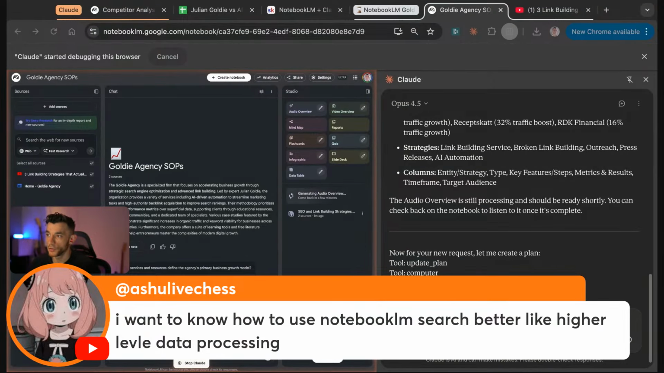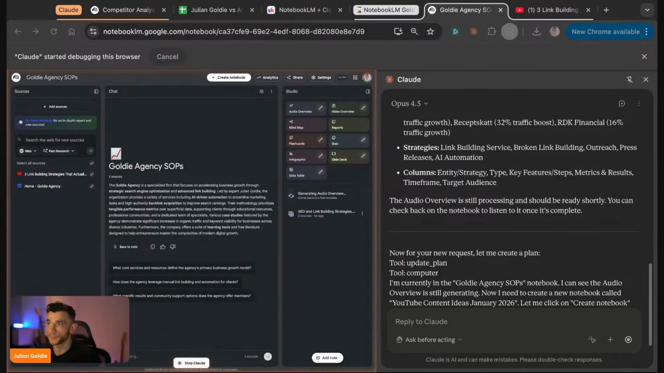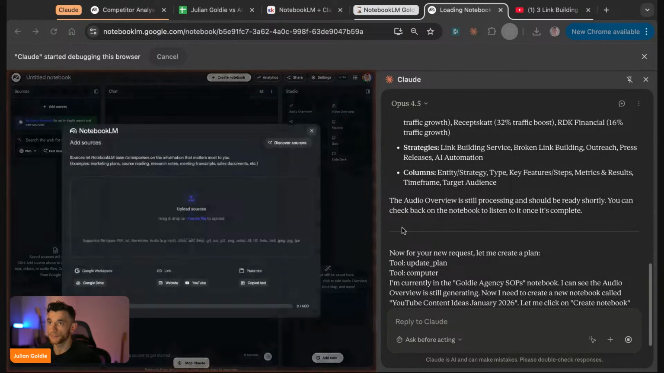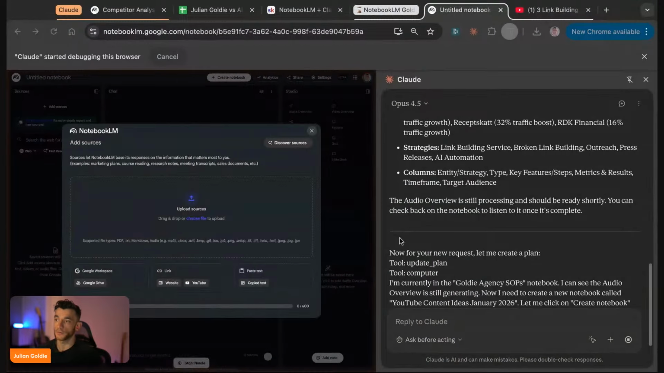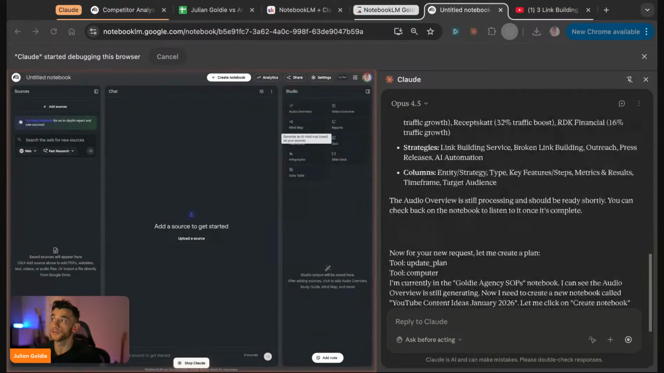Ash says, I want to know how to use NotebookLM search better, like high-level data processing. The best feature for that really is the deep research reports. Then you can pull in a lot of stats, a lot of research, a lot of case studies, right? And once you've done that, you can turn those into data tables. With the data tables, you can export those to Google Sheets and analyze them. Or the other thing you can do is go over to Gemini